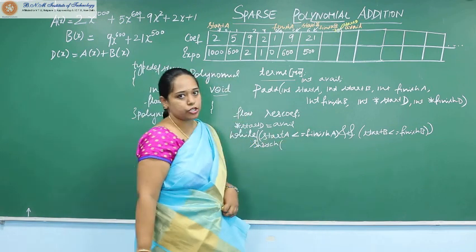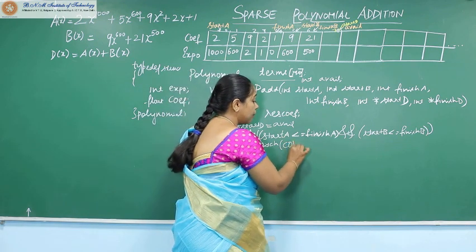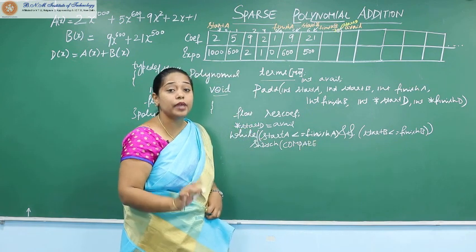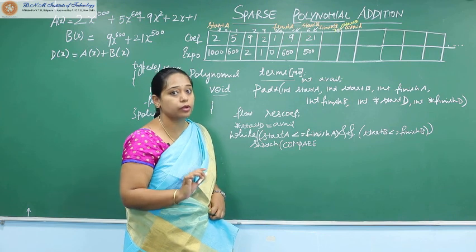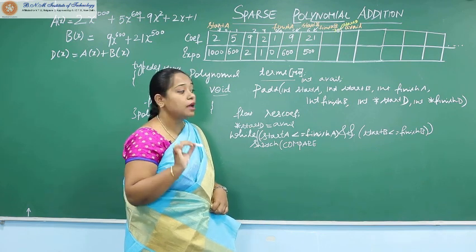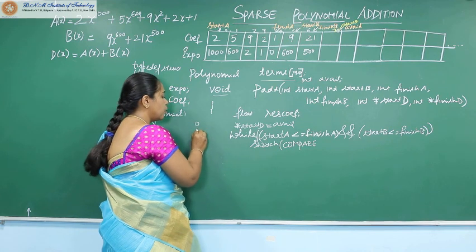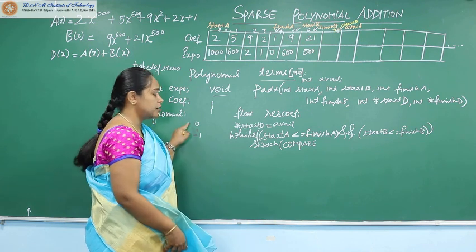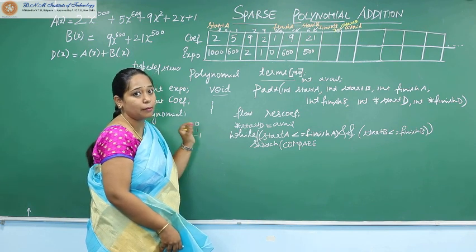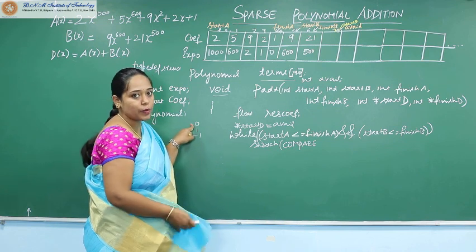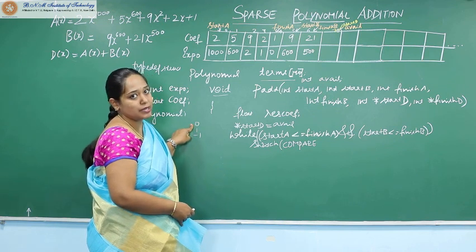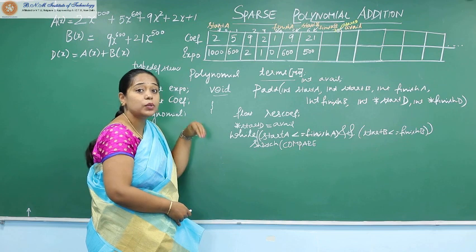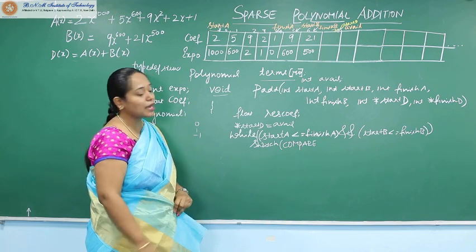And within the switch condition, what I'll do is I'll call compare. Now we need the assistance of compare. Compare could be a function or it could be a macro, but compare should return me 0, 1 and -1. Compare should compare two values. If the two values are equal, it should return me 0. When the first value is greater than the second value, it should return me 1. When the first value is lesser than the second value, it should return me -1.